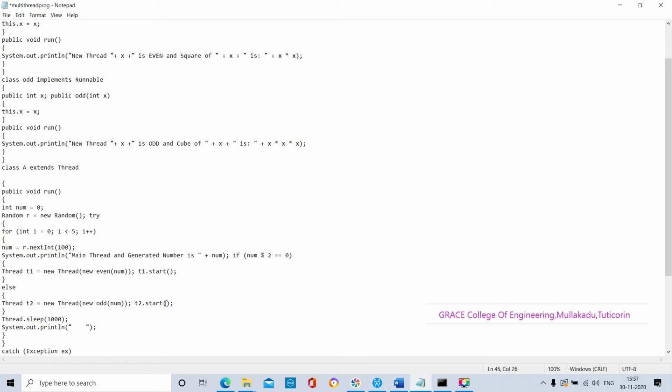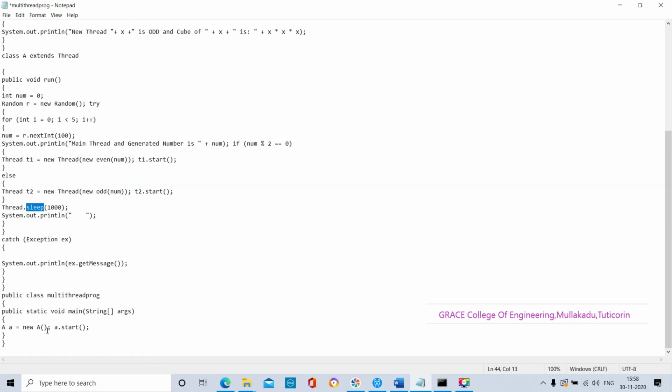Again we are having the start method for the Thread object T2. Next sleep, start, and run. These are all the methods present inside the Thread class. So again Thread.sleep. By using the class Thread, we are calling the method sleep. Thread.sleep, it's 1000. So for 1000 milliseconds, it will sleep for some time. By using this method, we can sleep the process for a particular time.